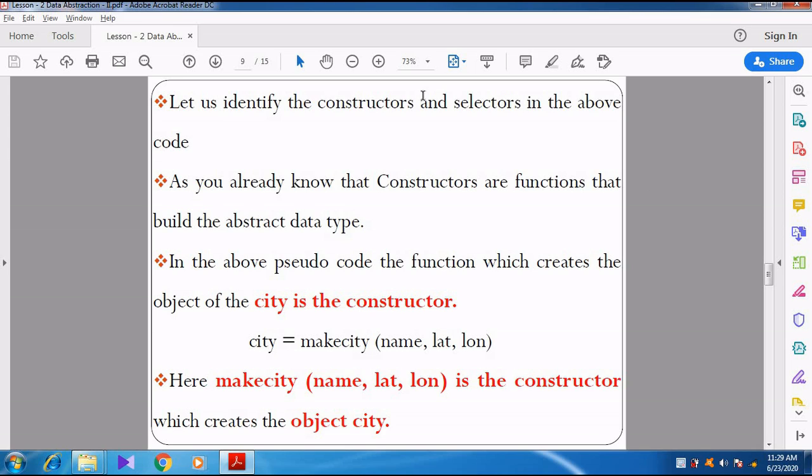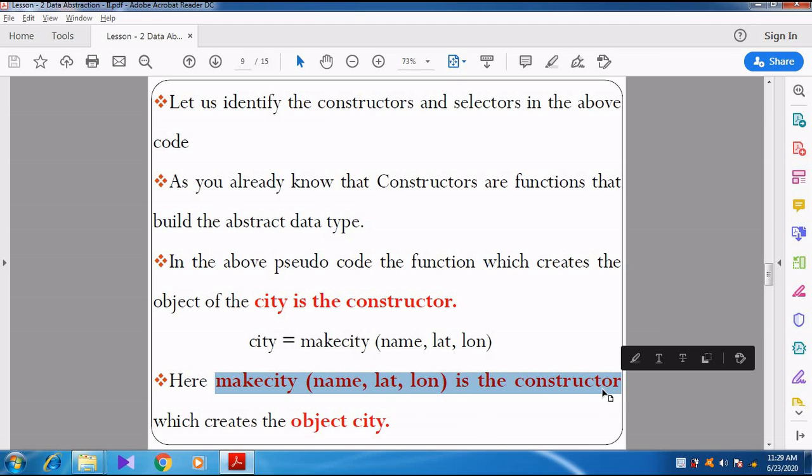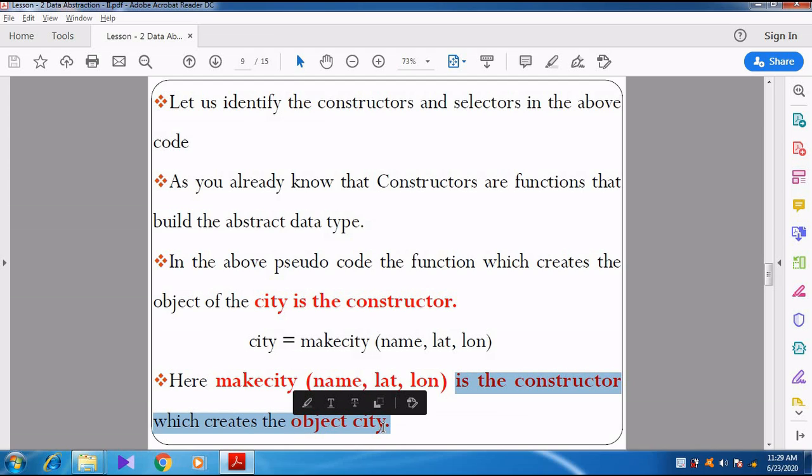Now let us identify the constructors and selectors in the above code. So already we know very well about these things. In the above code, we have city equal to make city name comma latitude comma longitude. So make city name comma latitude comma longitude is the constructor which creates the object called city.